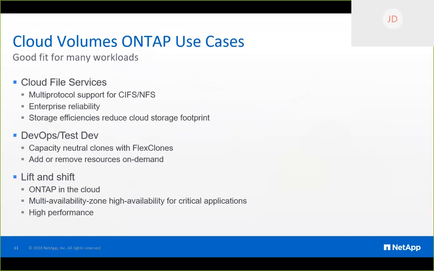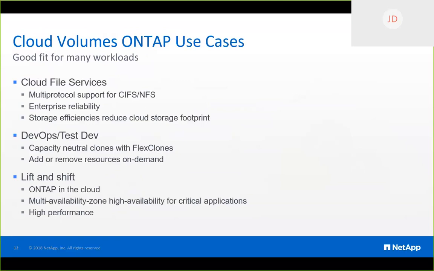Okay. So, use cases for Cloud Volumes ONTAP. Obviously, we know disaster recovery. That's what we're here today to discuss. But Cloud Volumes ONTAP is actually a great fit for many different enterprise workloads. If you just need file services in the clouds, we have multi-protocol support for CIFS and NFS. You get to take advantage of storage efficiencies to reduce your cloud storage footprint. For DevOps and test dev, also a great fit. FlexClones are extremely useful for that use case. And with the flexibility of cloud resources, you can add and remove Cloud Volumes ONTAP resources as you need on